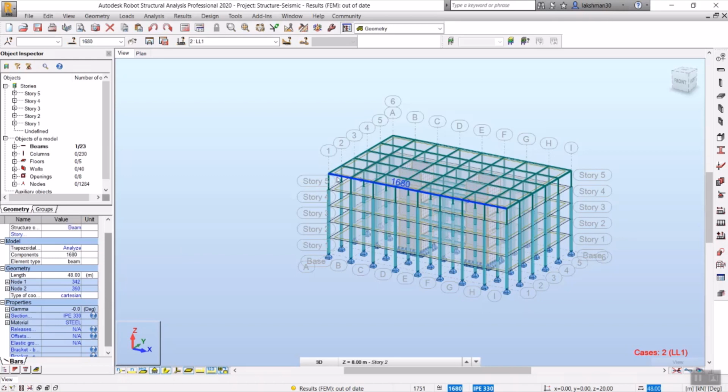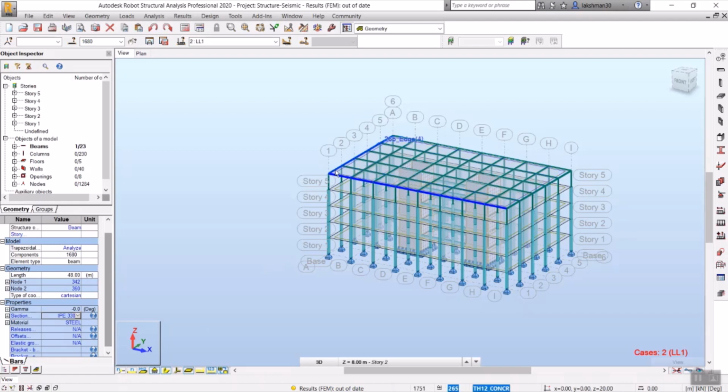What is the beam they have defined here? Can you see, IP 330 is a section, that is a European section. You can change the things now also, by clicking this. We'll have all the terms here. If you want to change anything, yes, you can change it in the middle of the project also, after the modeling is done. Like in all Autodesk software, we'll have the properties box here. You can select the things and you can change them. It's a parametric software, so you can change anything at any time.